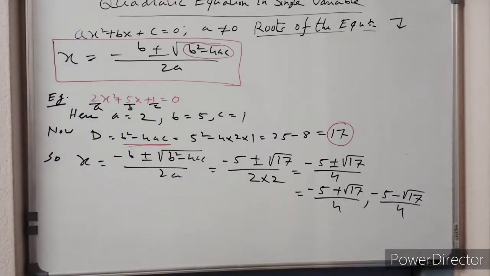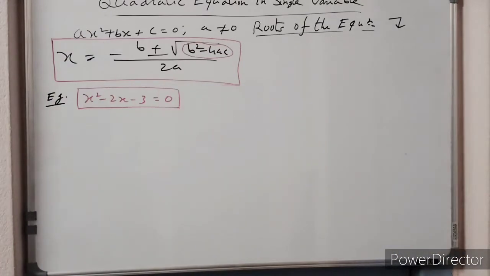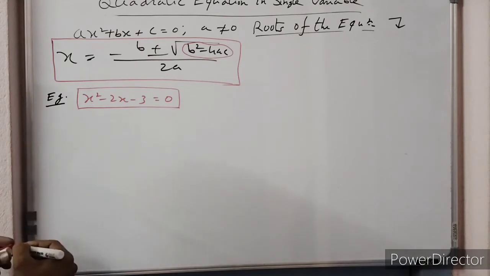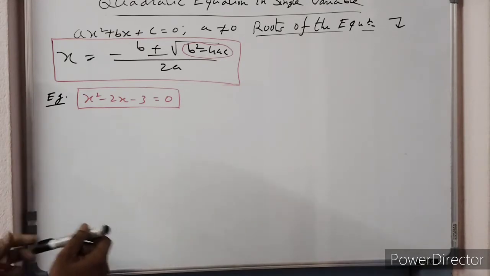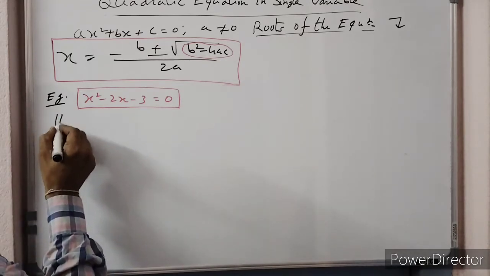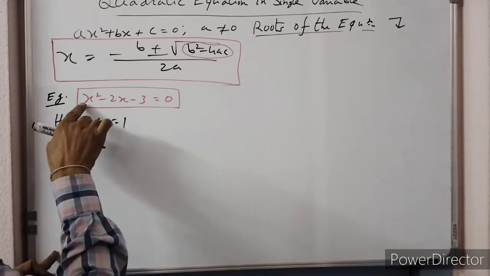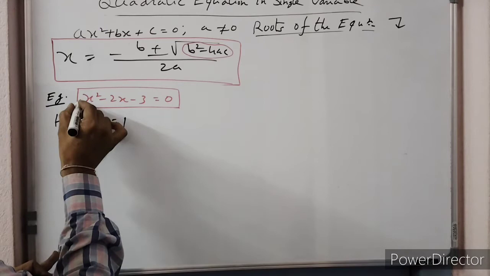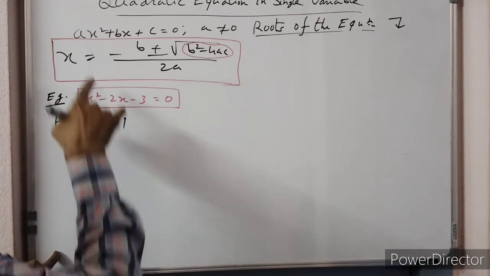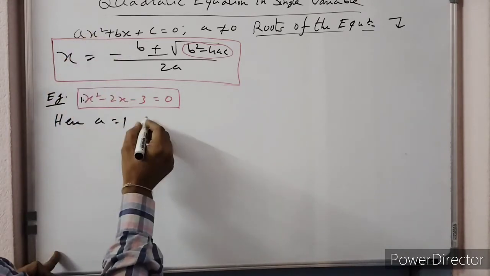Okay, next, x square minus 2x minus 3 equal to 0. Easy. Here we have to write: the coefficient of x square is 1, so a equal to 1,